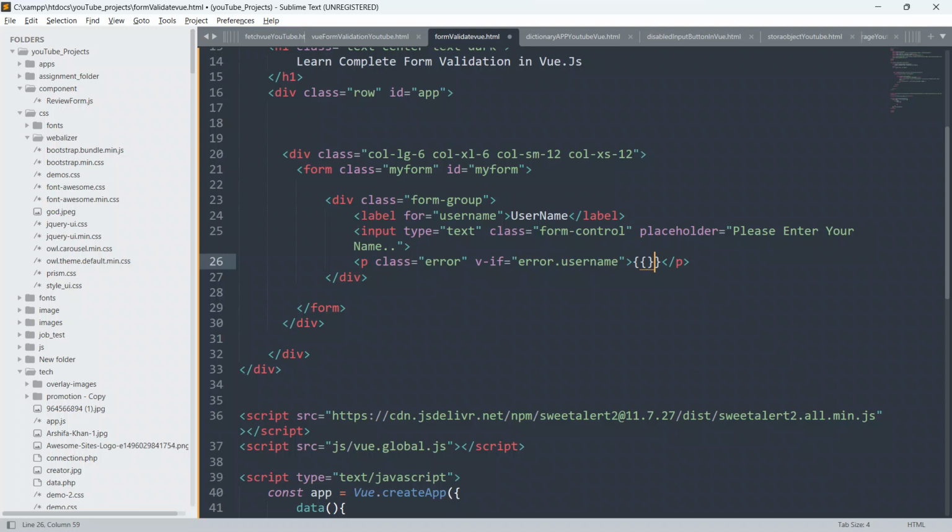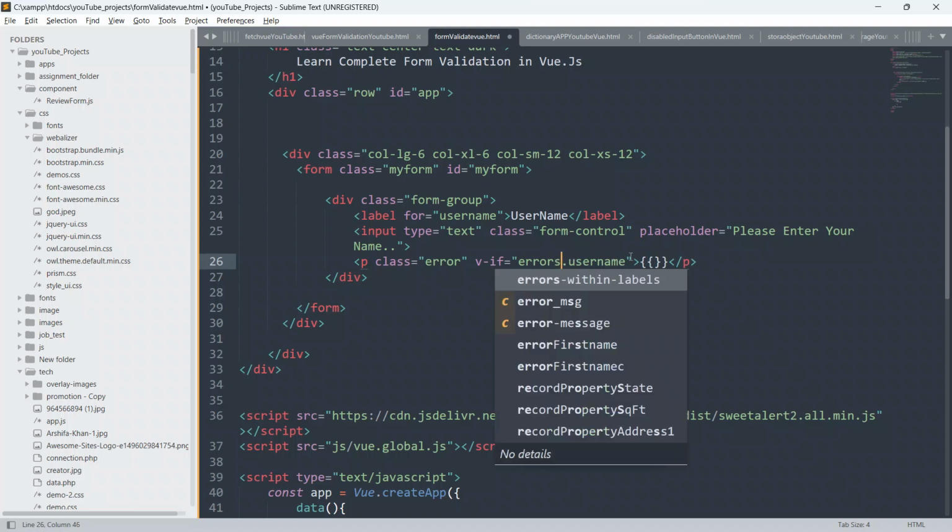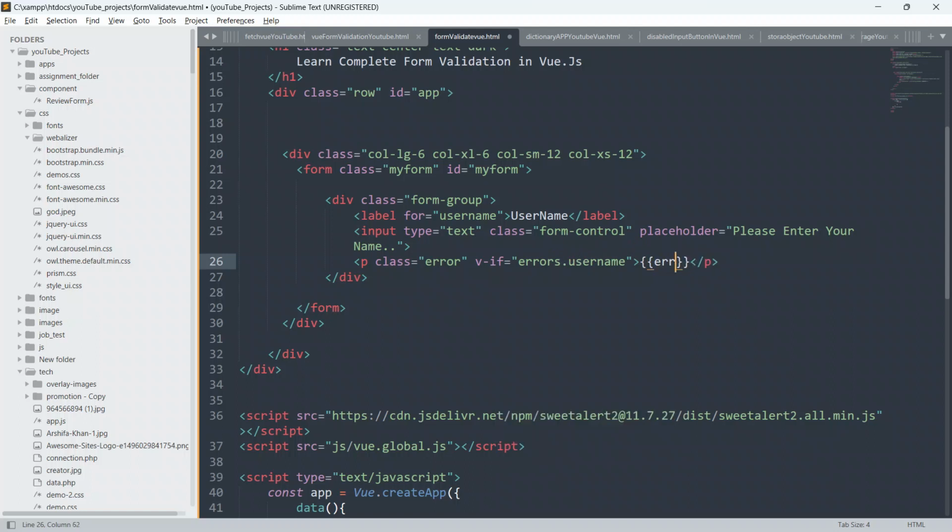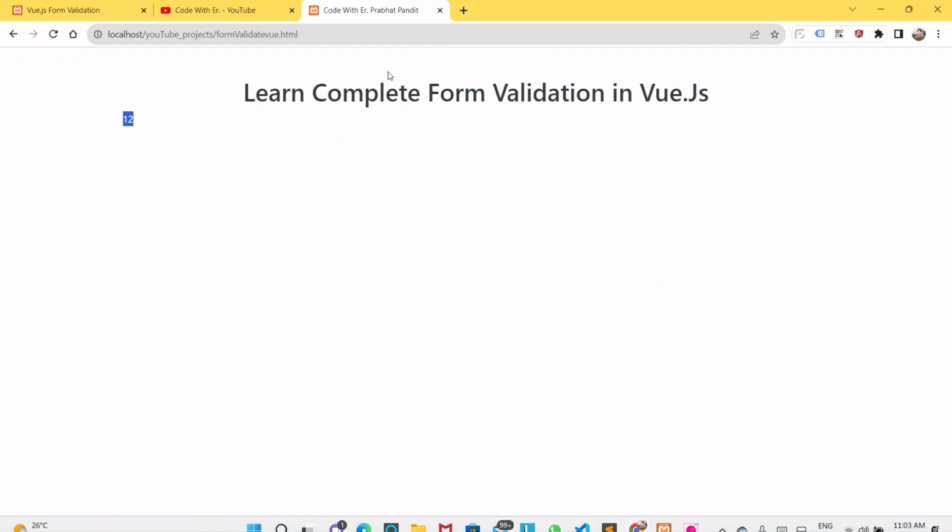So now I'm gonna write here also errors dot username. So guys, now just save your code and go to the browser and refresh your page first and then see what happens.